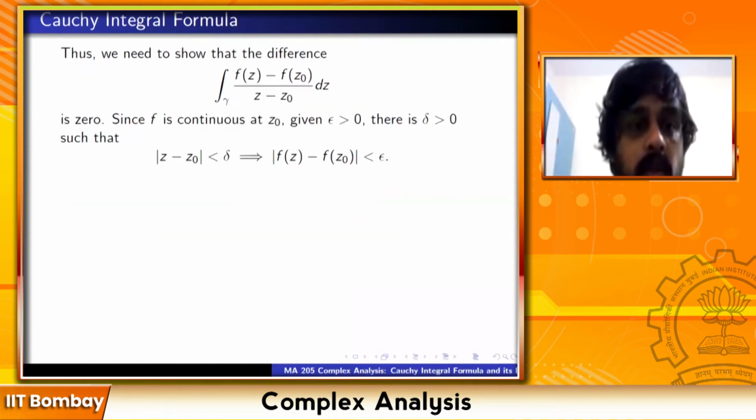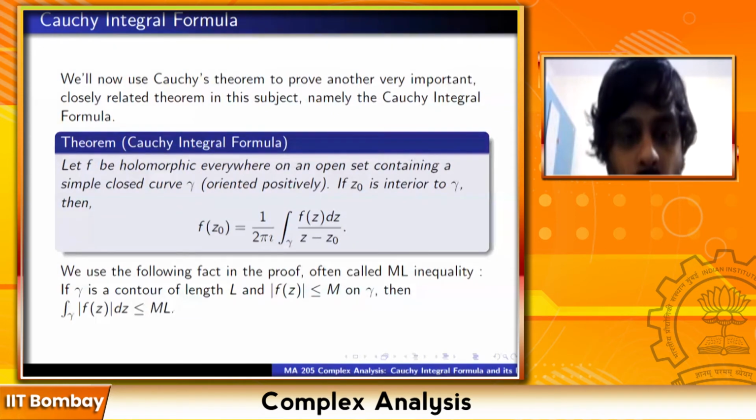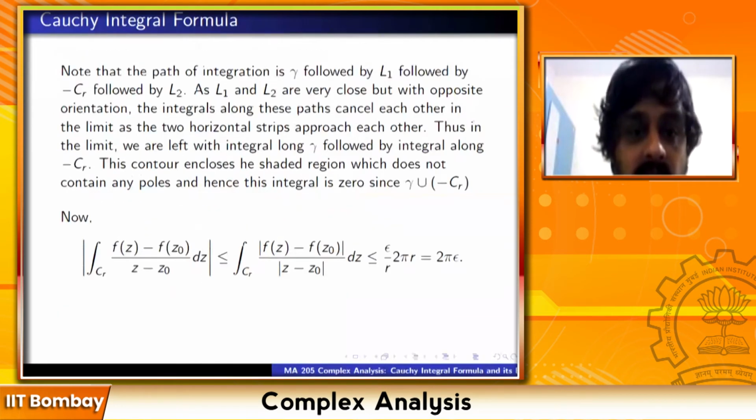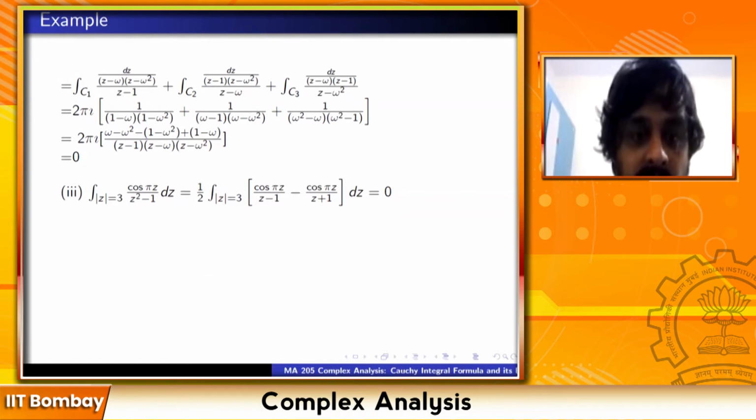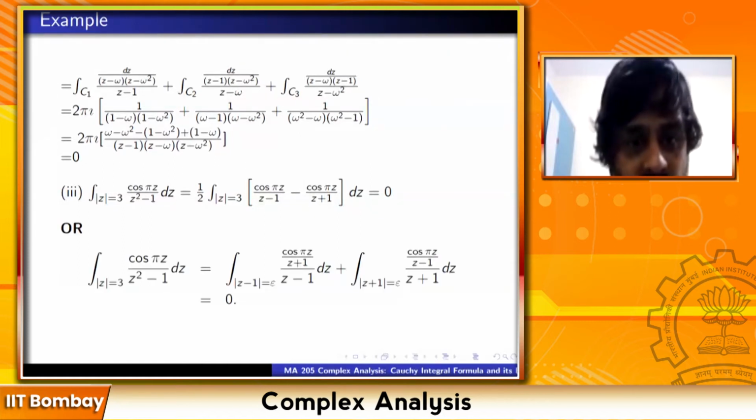In case you want to just look at Cauchy's integral formula once again, it was 1 upon 2 pi i integration of f(z) dz upon z minus z naught is equal to f of z naught. So something holomorphic upon z minus z naught, integrated with a factor of 1 upon 2 pi i outside, is the value of the function at that point z naught. Applying that to this case, in the first integrand f(z) is cos pi z, in the second integrand also it is cos pi z, denominator is z minus 1 and z plus 1, so it's very trivial.